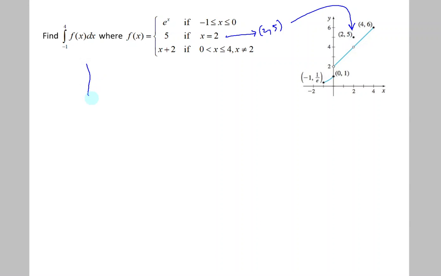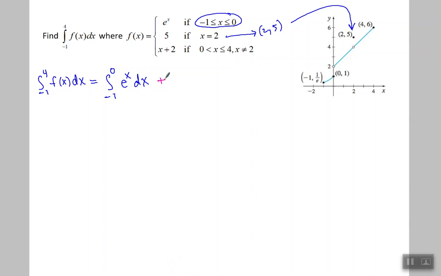Either way, we're trying to find the definite integral from -1 to 4. But it's broken up, that interval, with different functions. So we have to break up that integral. That integral from -1 to 4 of f of x dx will need to be written separately as -1 to 0, because that's the first interval right there, -1 to 0, for the function e to the x dx,